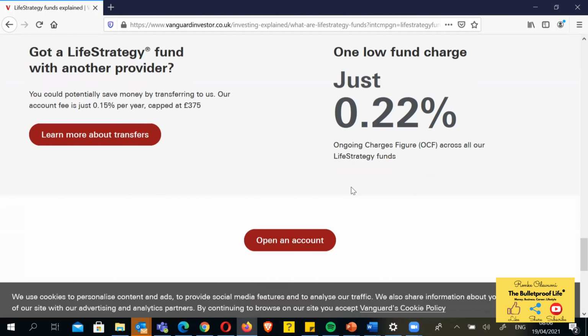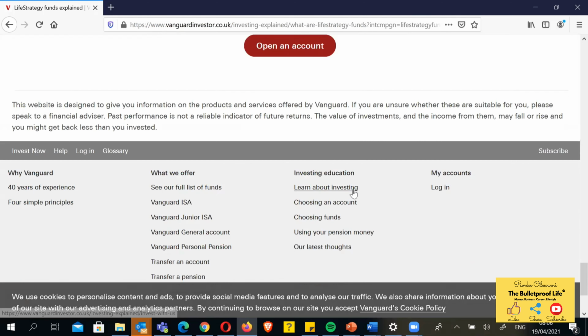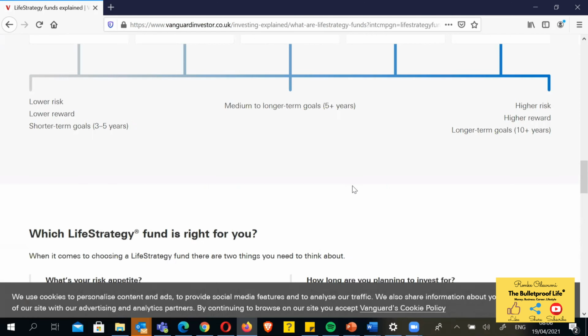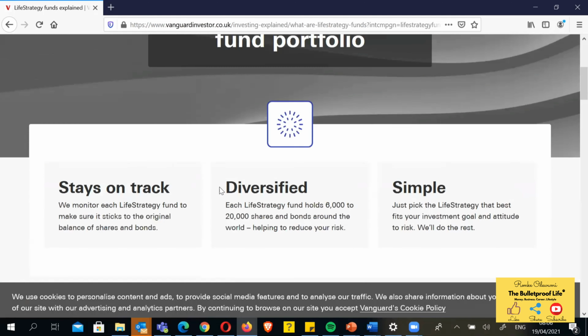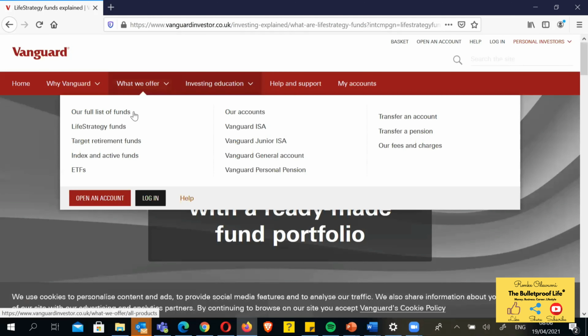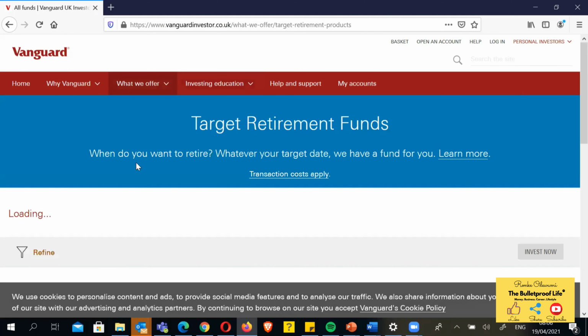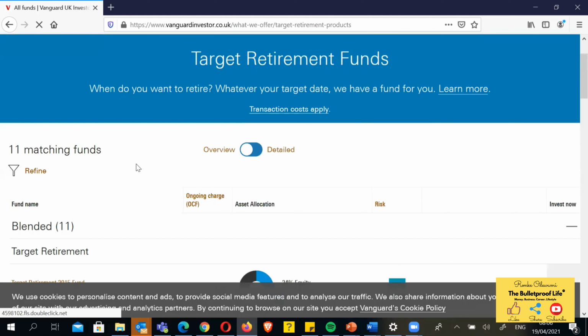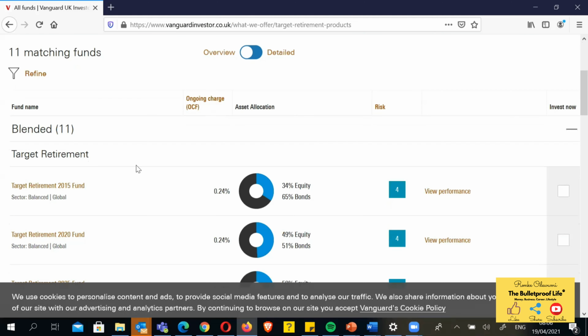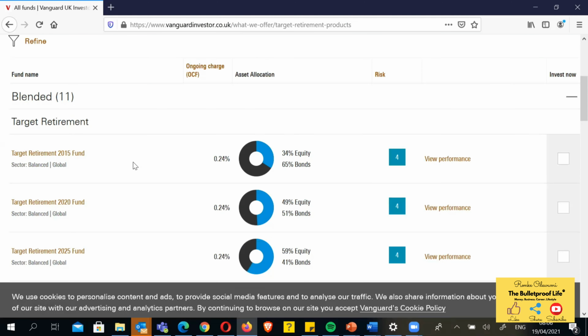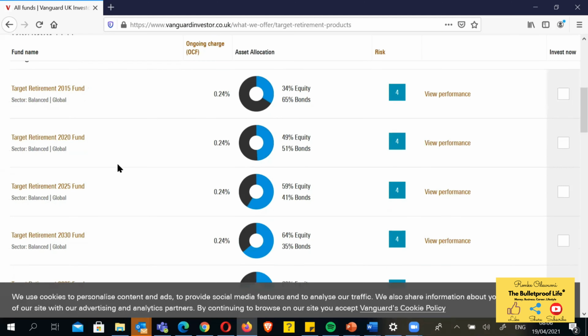This fund also has low charges at 0.22. So I quite like it. It's a good way to put away money for the future. Now let's go back and look at the other kind of funds that Vanguard offers. Target retirement funds. Now, these retirement funds are designed to work with your retirement year. So if you're planning to retire